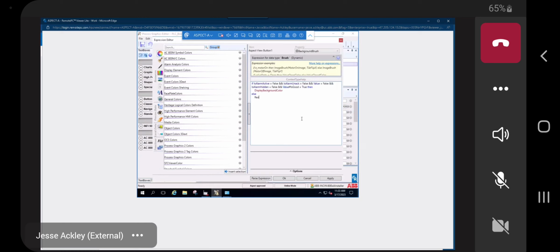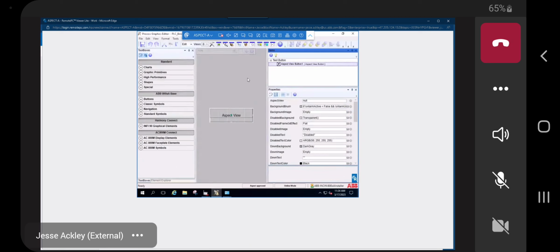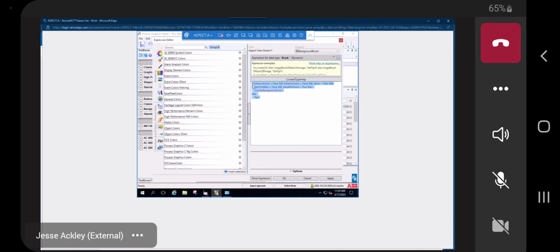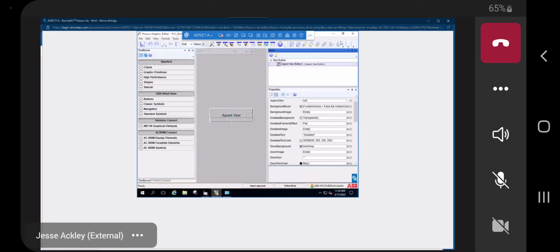So why would it work here and it won't work if I actually put that same script on the graphic? Like if I go to an actual graphic. Oh, because it's not linking to any tag. Okay. Right? So this is generic. This is a blanket is alarm active, is alarm acknowledged, but when you actually drag and drop this button,